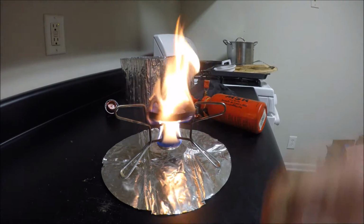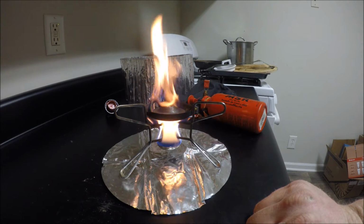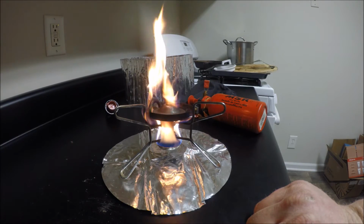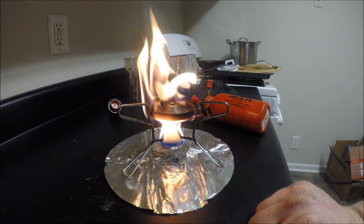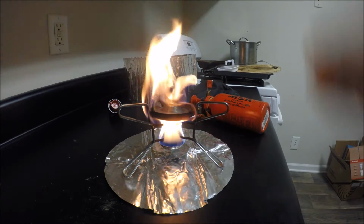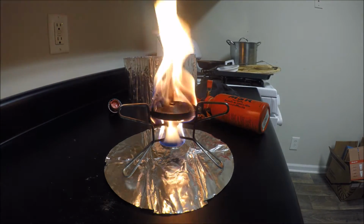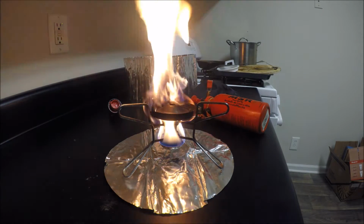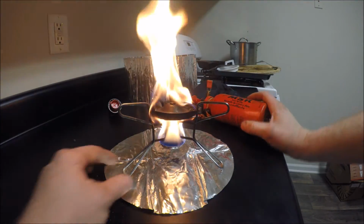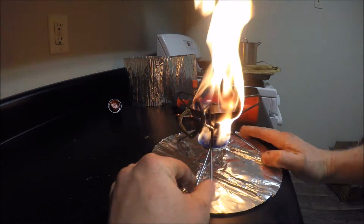I mean, you're not going to get this stove if you're planning on just boiling water. It's kind of pointless. This is where you would buy something like this if you were melting a bunch of ice, or trying to set up like a multi-day expedition where you've got a bunch of people trying to boil water. Because you'll notice that